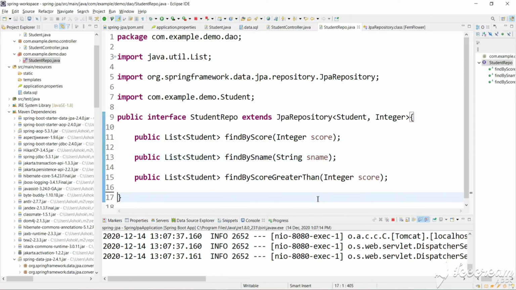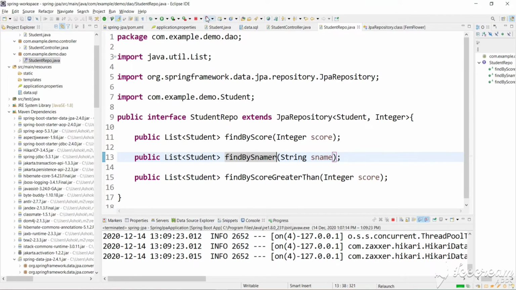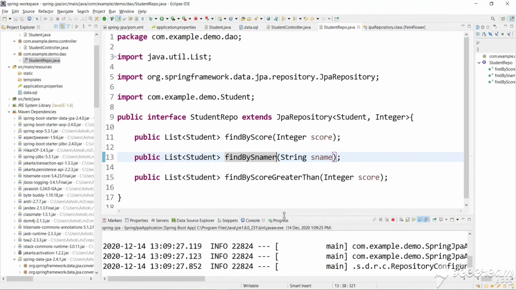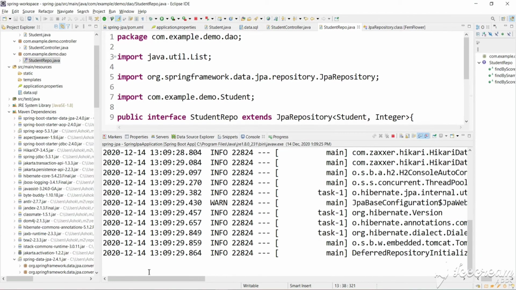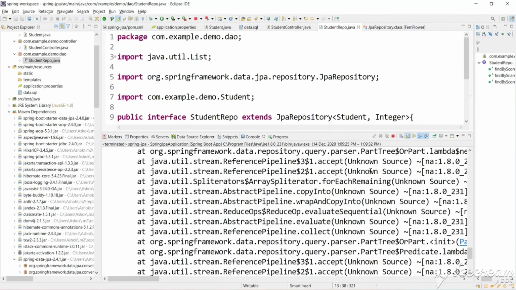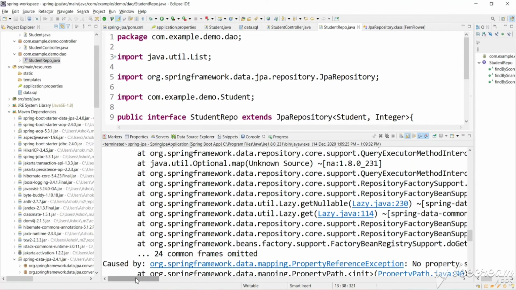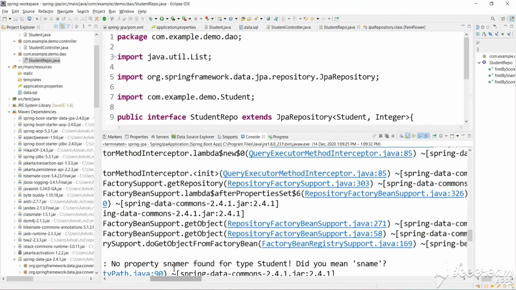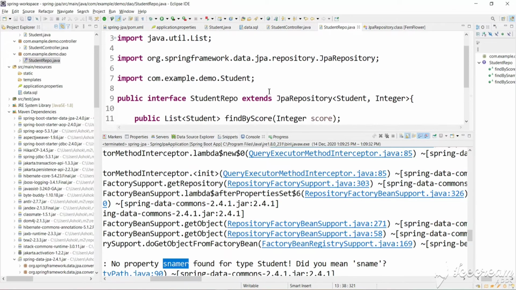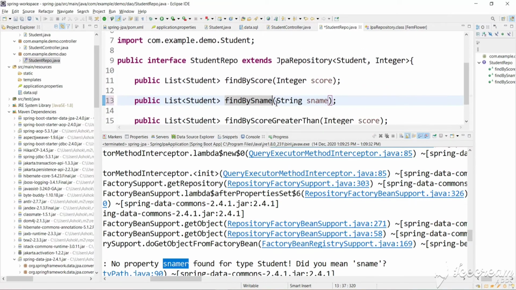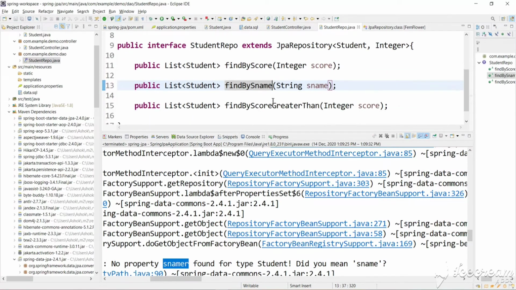Let's remove this, just change the method name here. Let's relaunch the app. We will get an error. See, we have got an error: no property with this name. So that's why you should be careful before defining. We have the same name as a parameter.